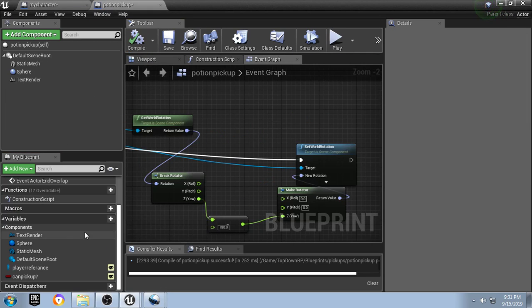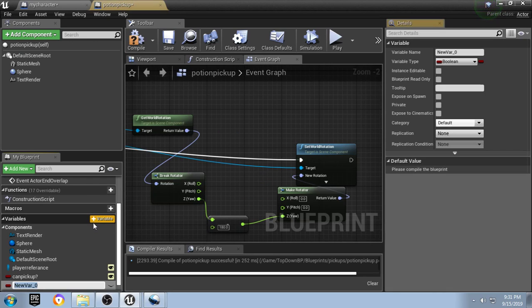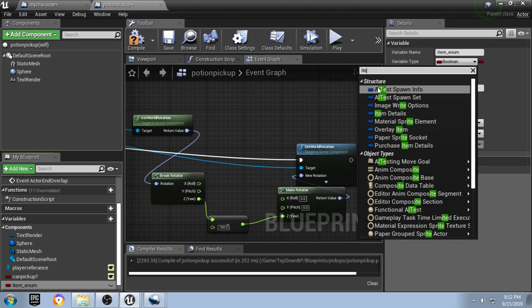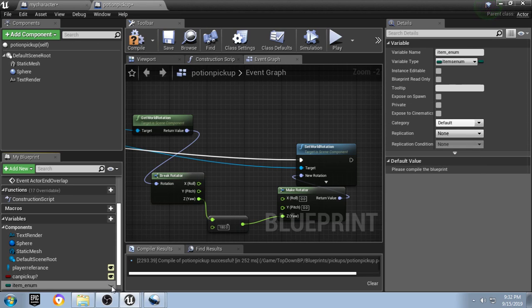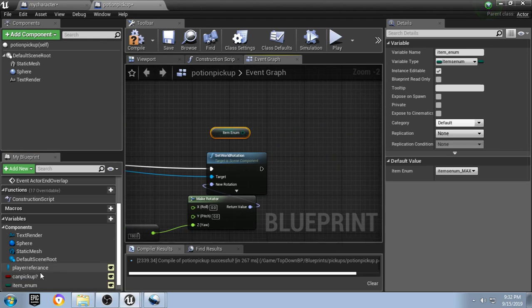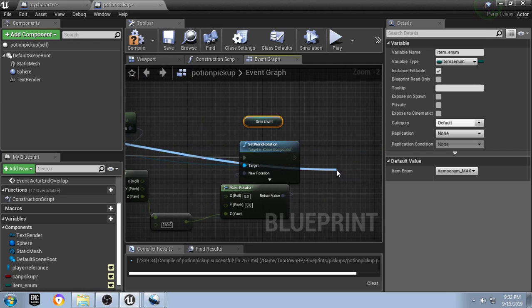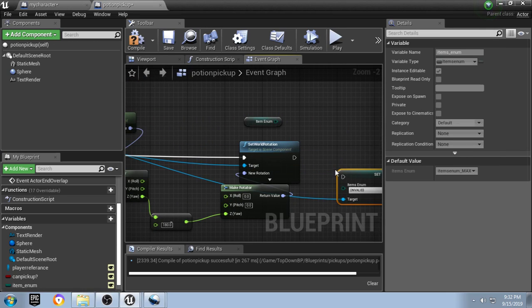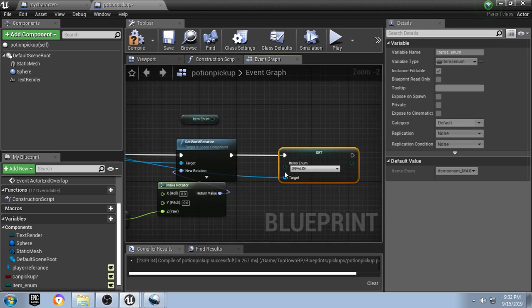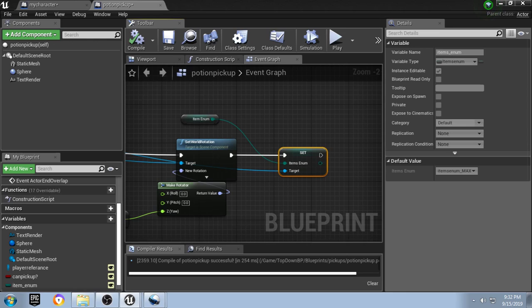Then we'll go back over to our potion pickup, and we'll create a variable exactly the same, so item enum, and we'll set it to items enum, and make it publicly editable, and compile, and now we will drag this items enum out, get it, and drag off of our player reference and say set items enum, and we will set it to whatever this items enum is for this pickup. Okay,